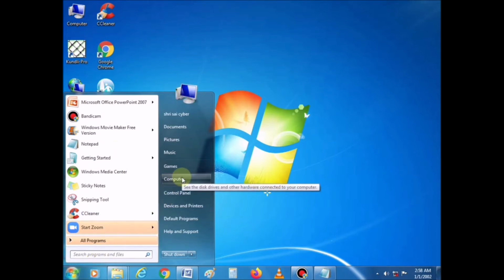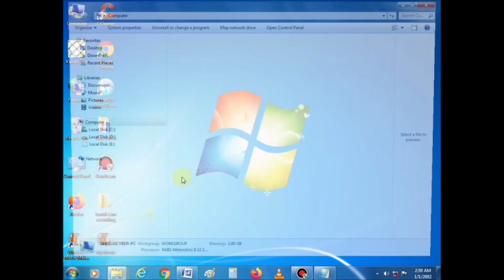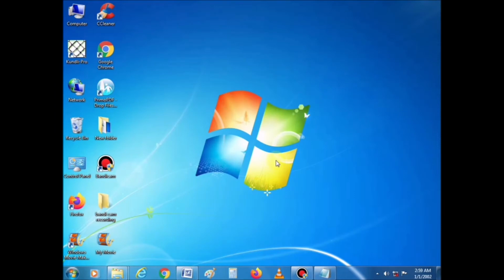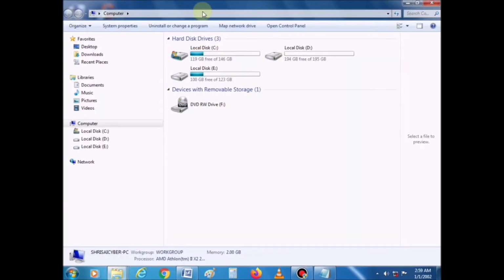You can see here the computer window appears. Either you can double click the computer icon placed on the desktop to open the computer window.